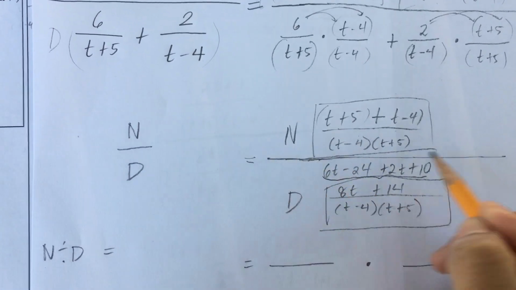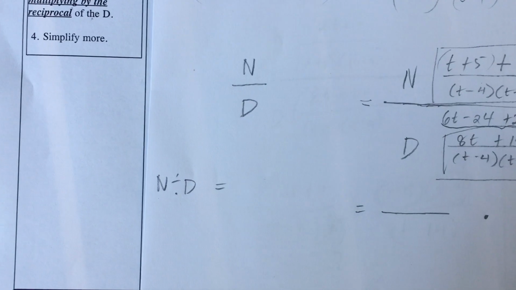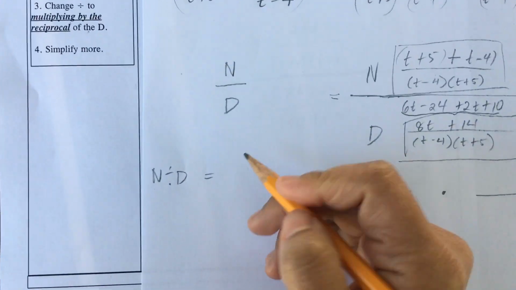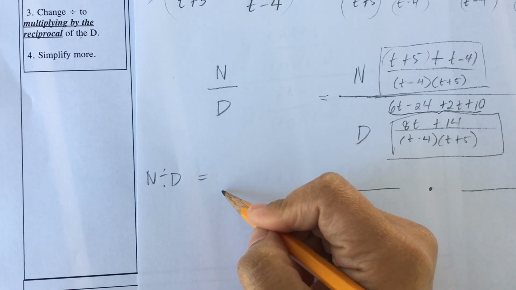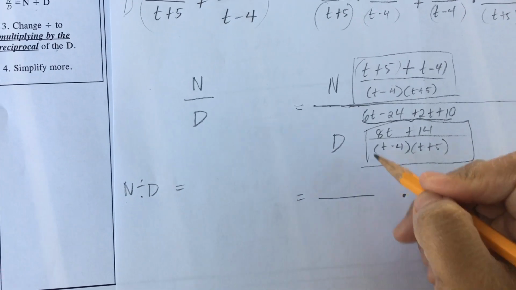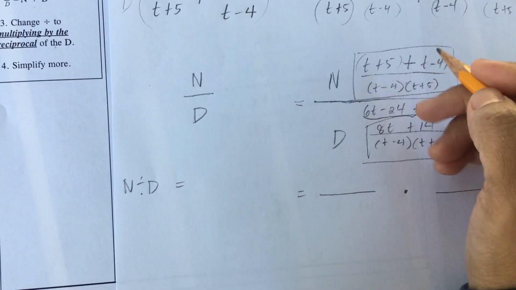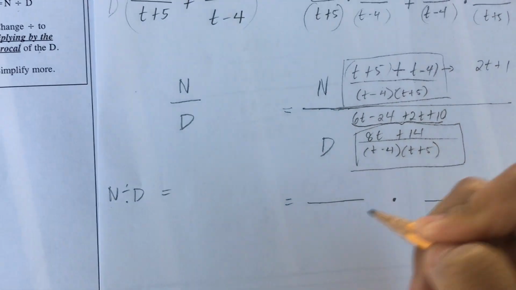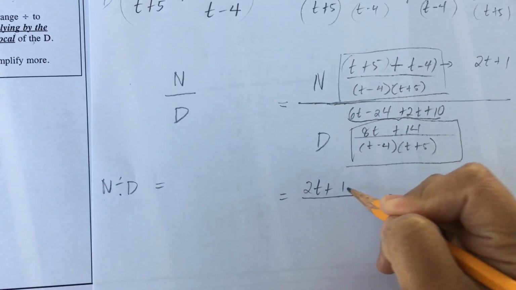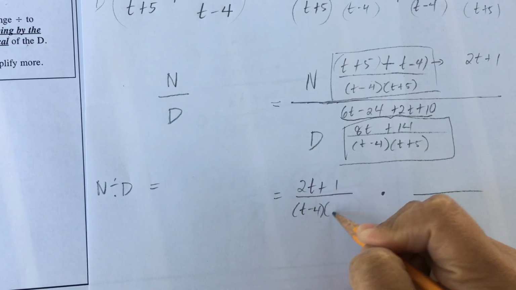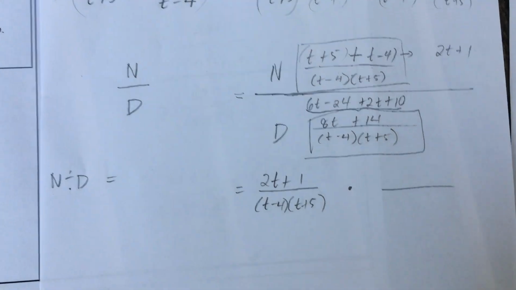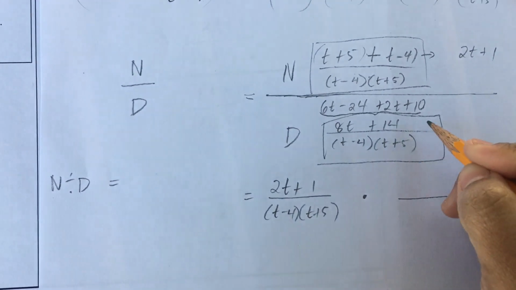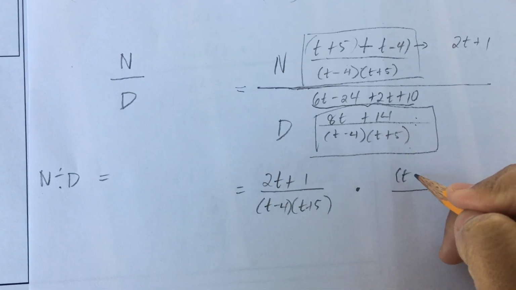So remember, fractions are indicated divisions. So what I'm going to do is change that division into multiplication. So that means I'm going to multiply the numerator, which is this. I'm going to combine that now, 2t plus 1. So that's 2t plus 1 over t minus 4 times t plus 5, times the reciprocal of the denominator